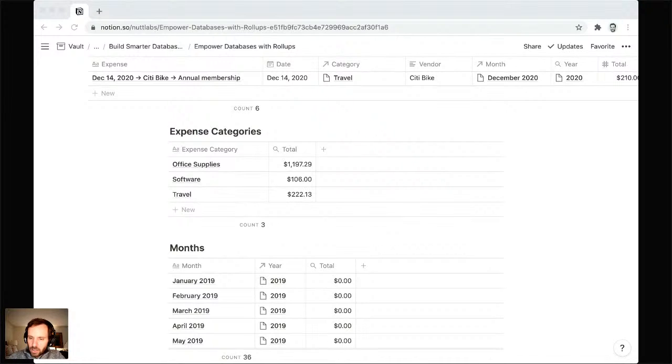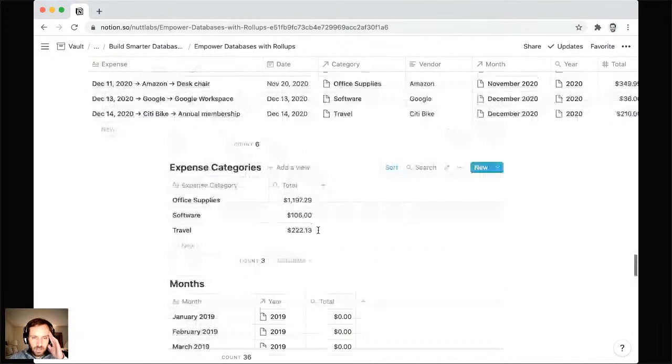So another question, could you give us an example of a workaround for a rollup of a rollup? Yeah, let me try to do that quickly, because that is important. Oftentimes you will want to roll up a rollup. So basically the way to do that is,